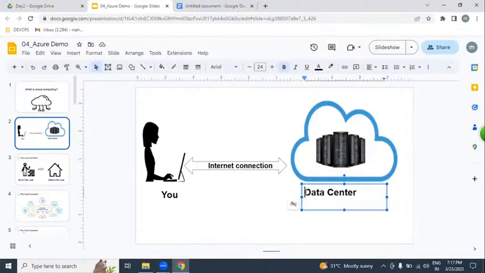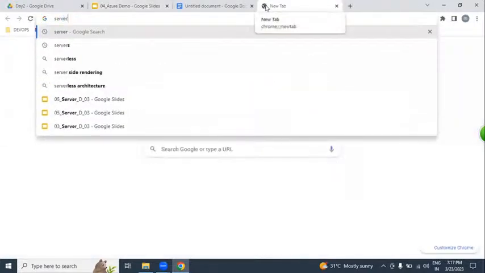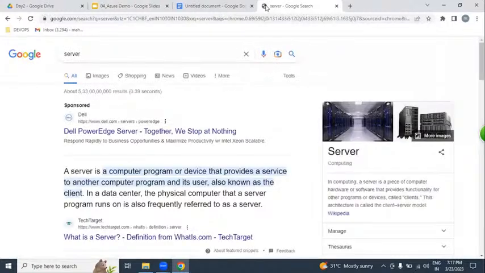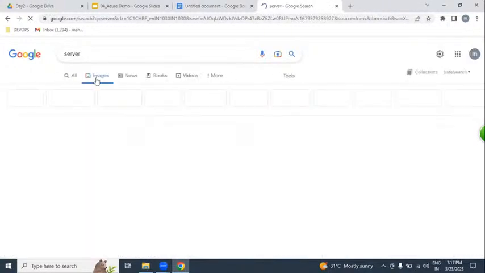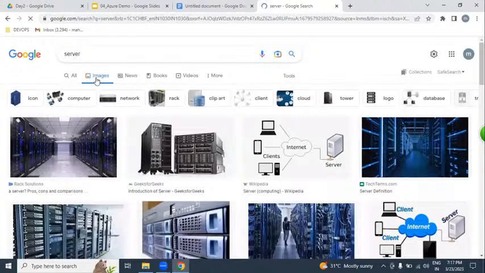For example, this is a data center. A data center looks like this only. These data centers are located in different geographical locations.